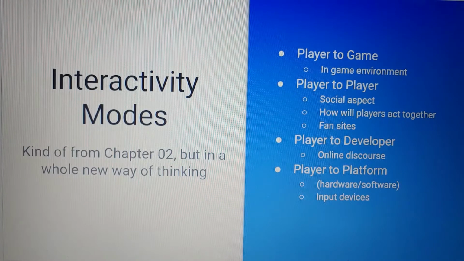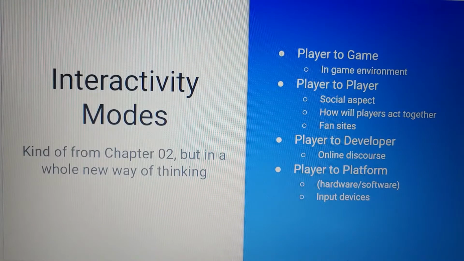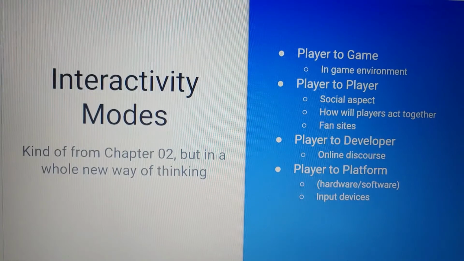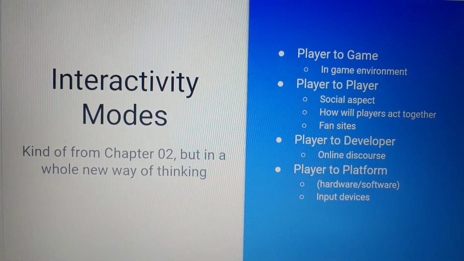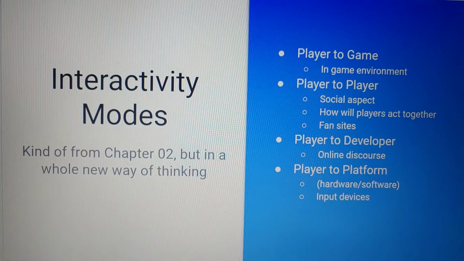Certainly go with what has become commonplace or what is popular, because that's what the players are going to expect. You don't necessarily want them to have to learn a new control scheme to play your game. However, you may want to change those buttons for something or another. Maybe you don't want the menu button to be the top center button like has been common for years, or maybe you don't want the shoot button to be the trigger. I don't know why you would want that, but you need to think about which buttons do what and when,